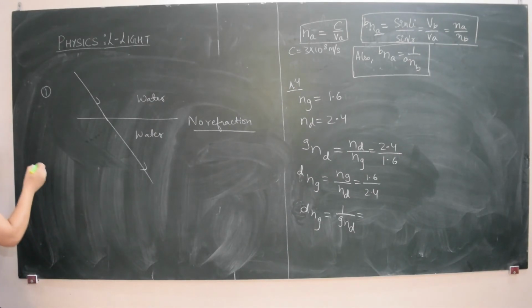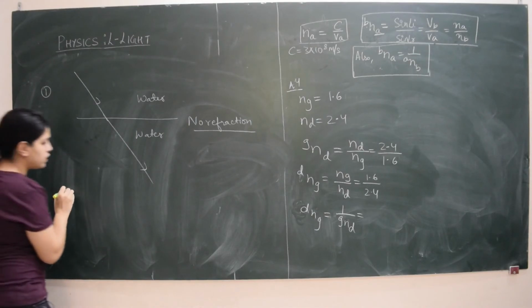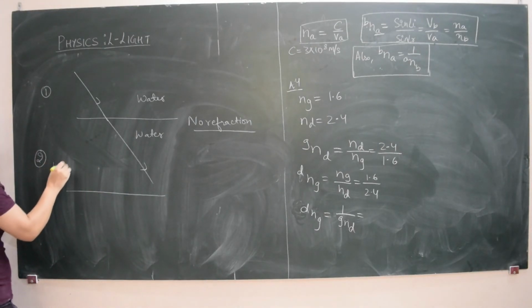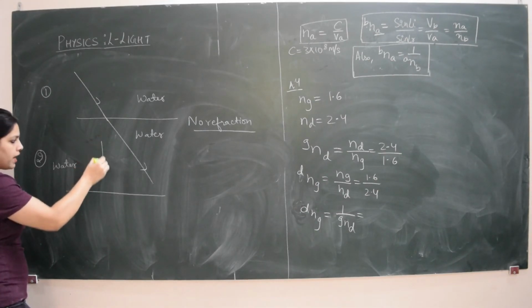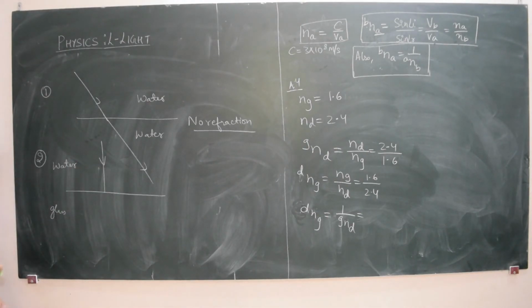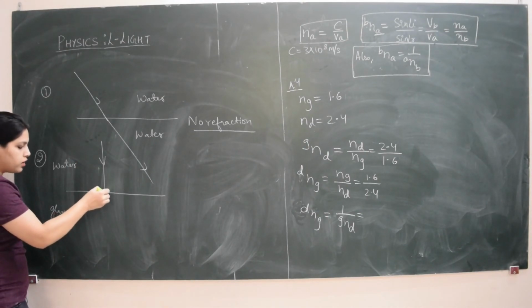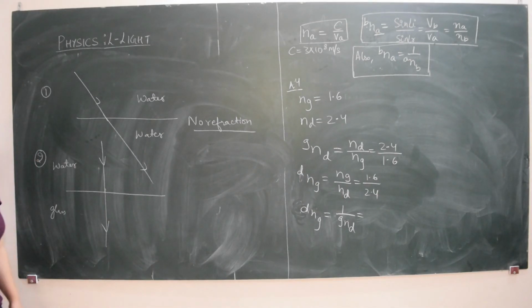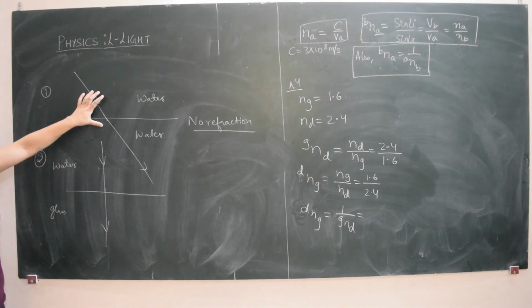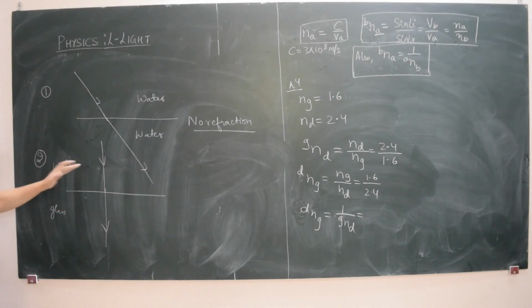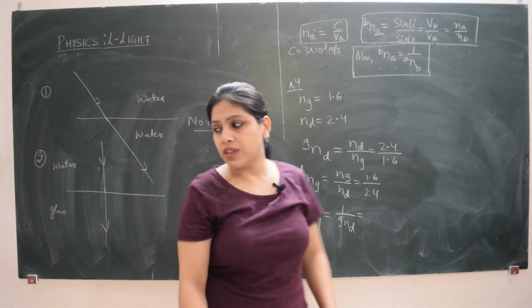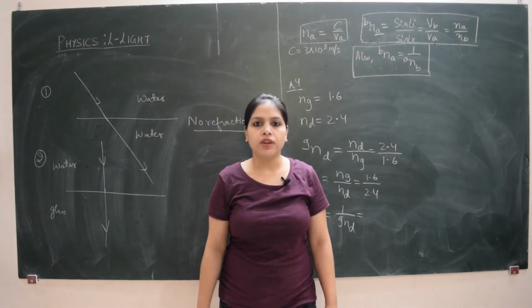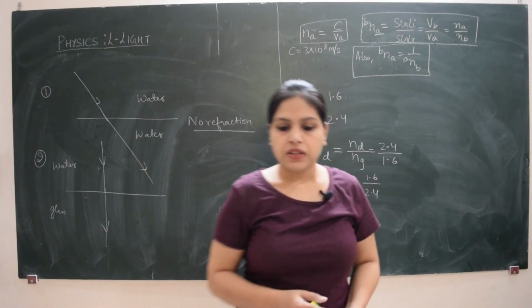The second condition for zero refraction is, suppose I have two different media, water and let's say glass, and a ray of light is incident on the interface normally, that is, coinciding with the normal. In this case also the ray will go undeviated. Here it goes undeviated at any angle, but if I have two different media of two different optical densities, then the ray will go undeviated if it is falling normally on the interface or the boundary. So this is another condition for zero refraction, no refraction. So these are the two cases.